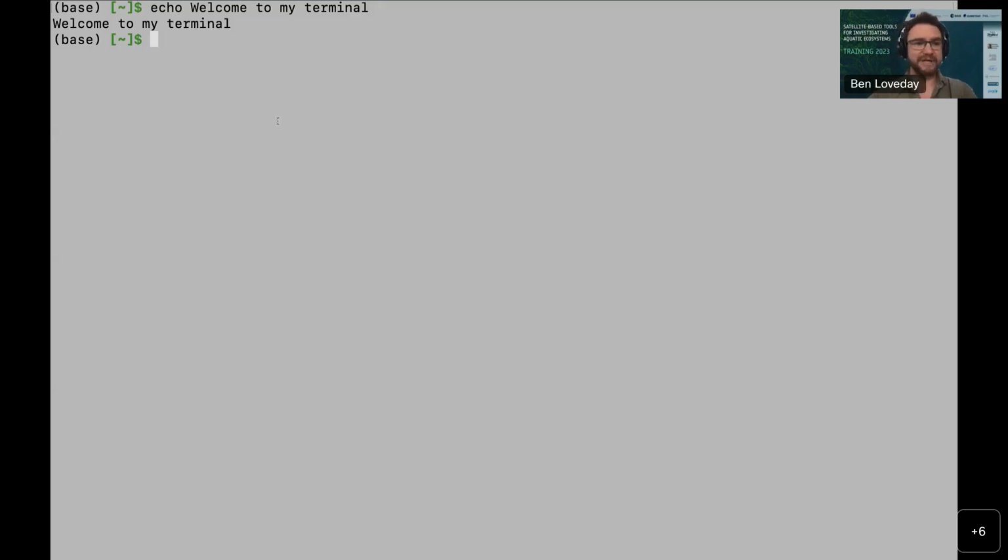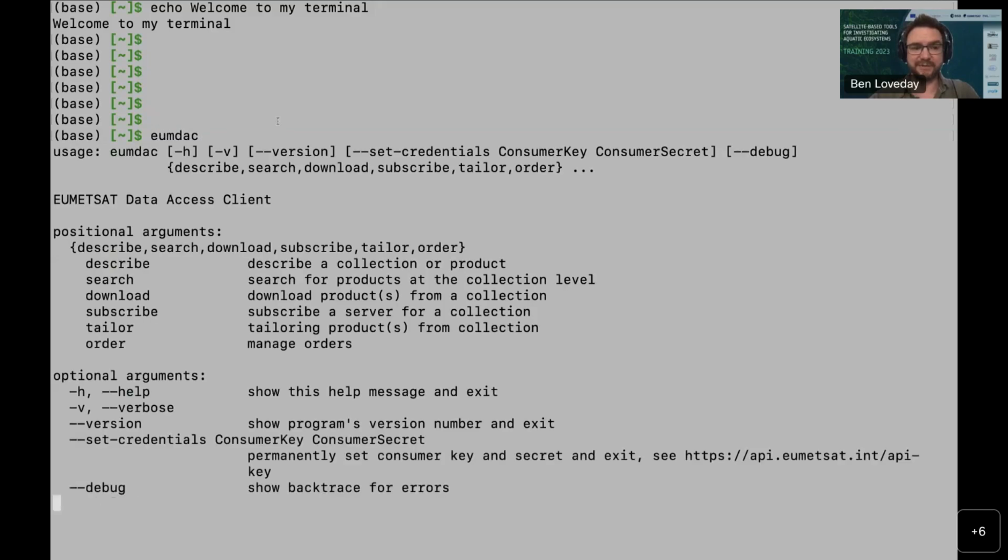Okay, so I've already installed UMDAC in my terminal. I'm just hitting enter here, it's giving me a new space. And so if I type now UMDAC in my command line, it will say, aha, I found UMDAC as a command. What do you want to do with it? And the first thing I'm going to say to UMDAC is UMDAC,